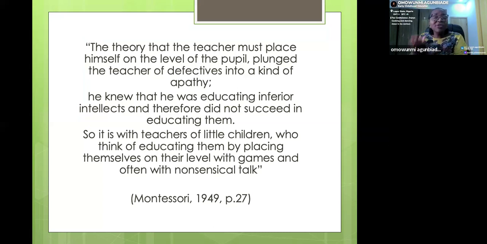She started discovering these children, reading more about other philosophers. She became a philosopher herself, reading about the philosophy of education. And then she started practicing what she was learning on those children. In fact, at a time in the community, I will show you the picture later, she started working with a group of children, because what she did was, of course, she had these special needs children that she was working with as per the institutes where she was working.